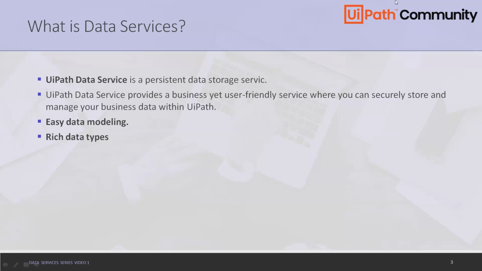Apart from that, we have several other additional features like easy data modeling. We can model our data as entities in Data Services with just a few clicks and without having to write any code.